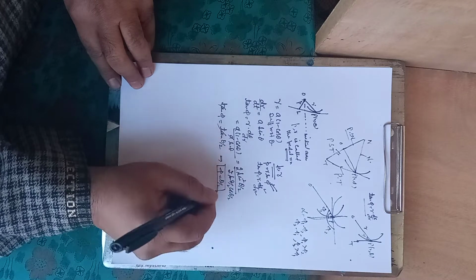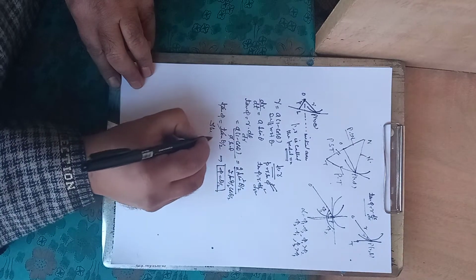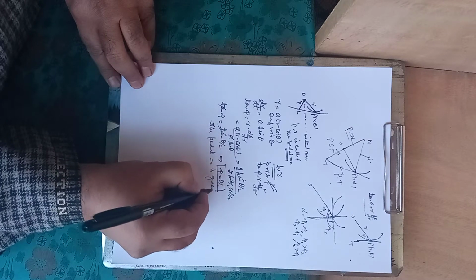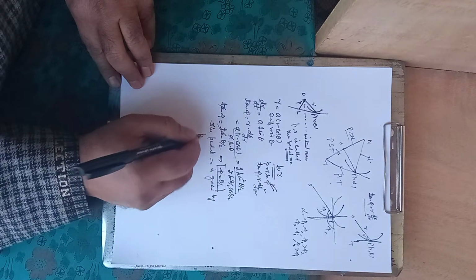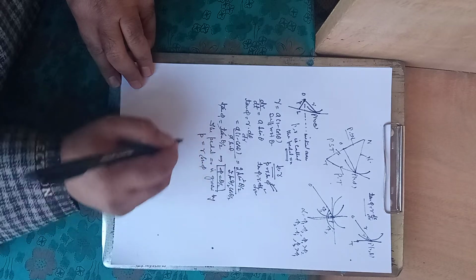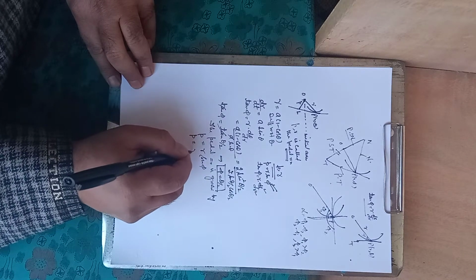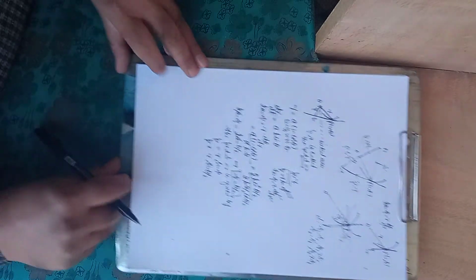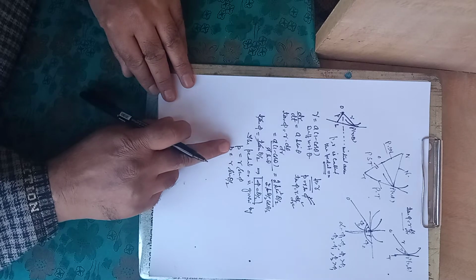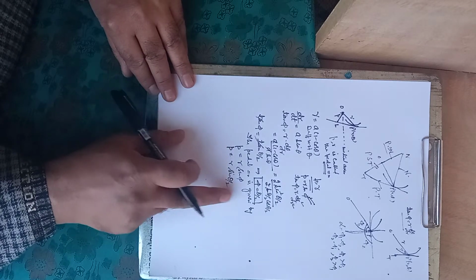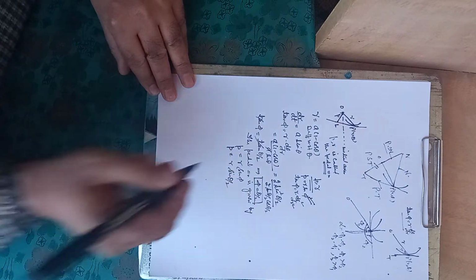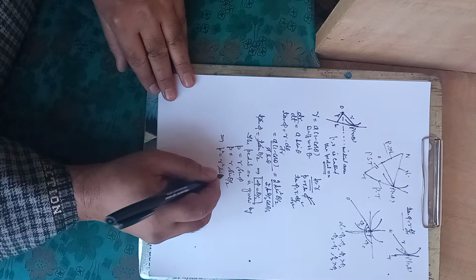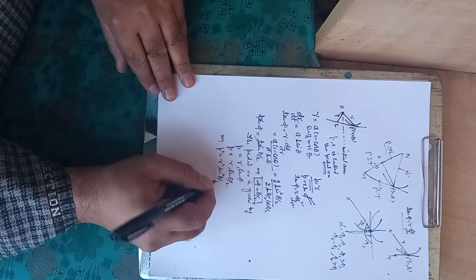So you know phi. Now the pedal equation is given by p equal r sine phi, which means p equal r sine theta by 2 because your phi is theta by 2. Now you want to eliminate theta, because the pedal equation is between p and r, so you need to eliminate this theta. So this gives us p square is equal to r square sine square theta by 2. This is, say, 1.